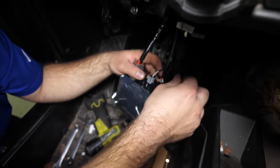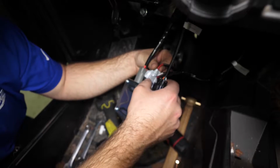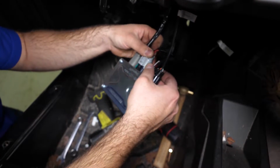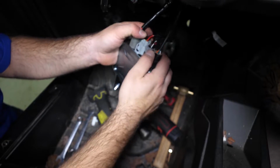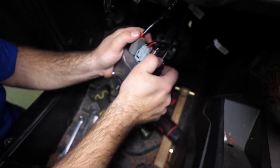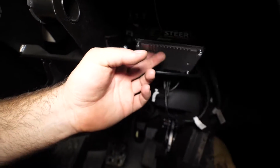Last but not least, we'll plug this one in. Let's go through, double check all the connections here, make sure everything's nice and tight. Then we're going to take the ECU and lay it up here on the bracket, and as you can see